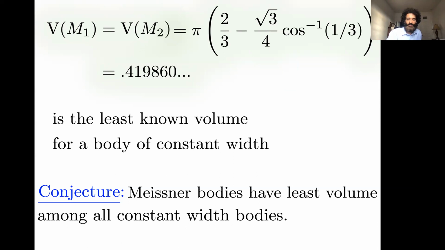I think most people working in this area believe that. And this is the conjecture due to Meissner, that these bodies have least volume among all constant width bodies. It is unknown if Meissner stated this conjecture himself. It was known to Bonnesen and Fenchel, who were in the next generation of convex geometers, and people like Courant in his book on geometry and imagination. So it's been around for a while. I don't know the origin of it. It typically goes by